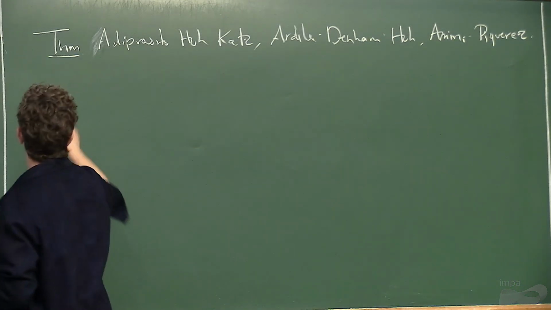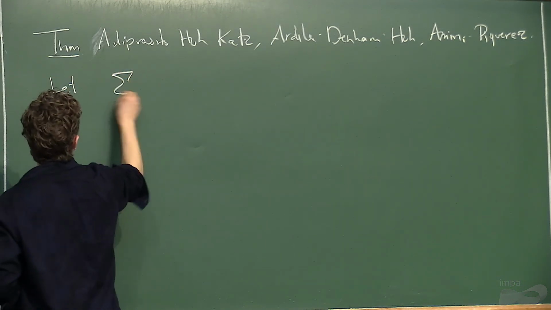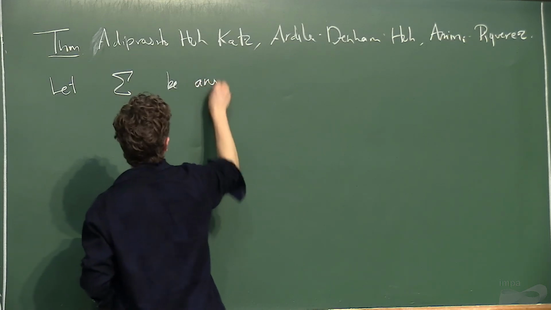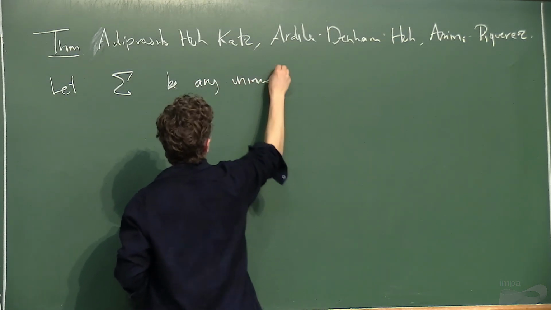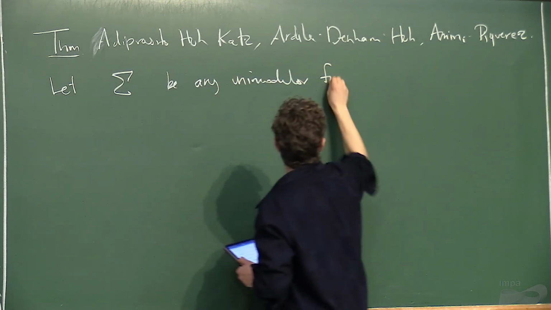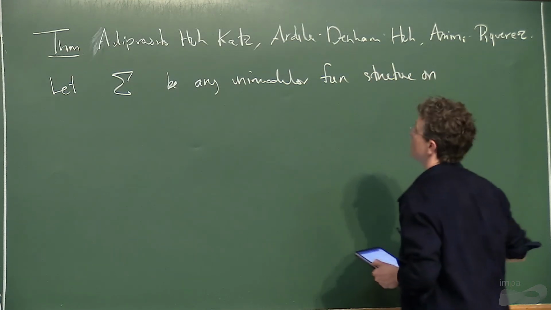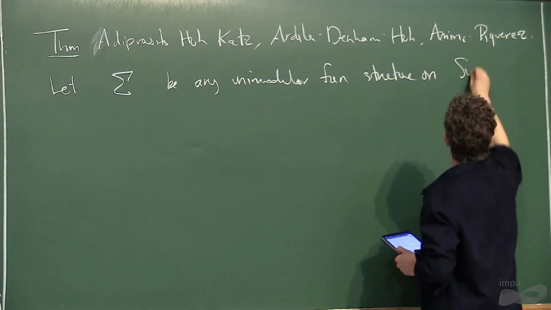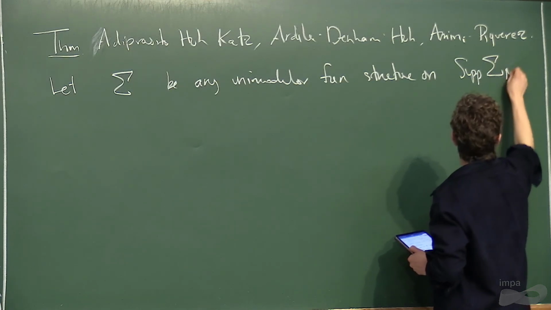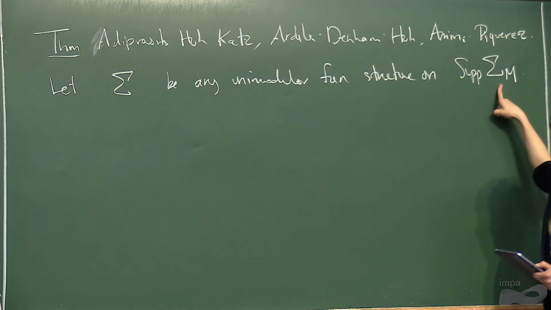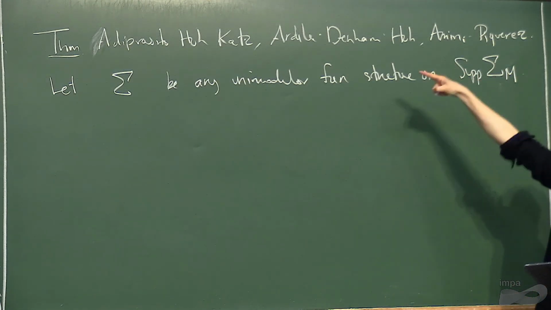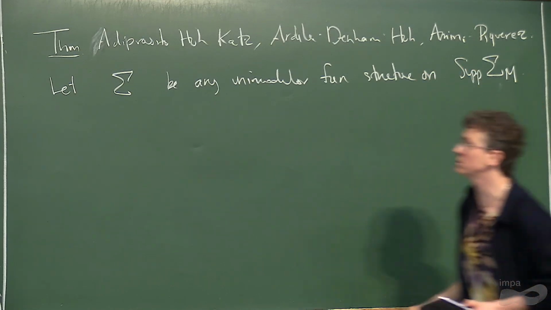Okay, so let sigma be any unimodular fan structure on the support of some matroid fan. So remember, this was a distinguished fan structure, but you can take its support and put a different fan structure on it. And if it's unimodular,